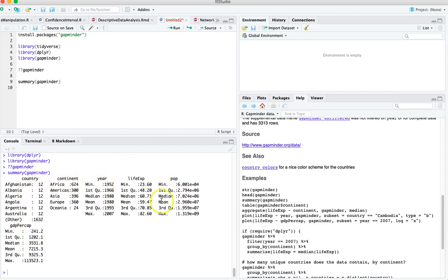For the quantitative variables, we have the minimum. So the first year was 1952, not 1957. The last year was 2007. The minimum life expectancy is 23.6. The maximum is 82. And then the populations and the GDP per cap. All right. You'll notice over here that country and continent don't have this distribution laid out, and that's because they're